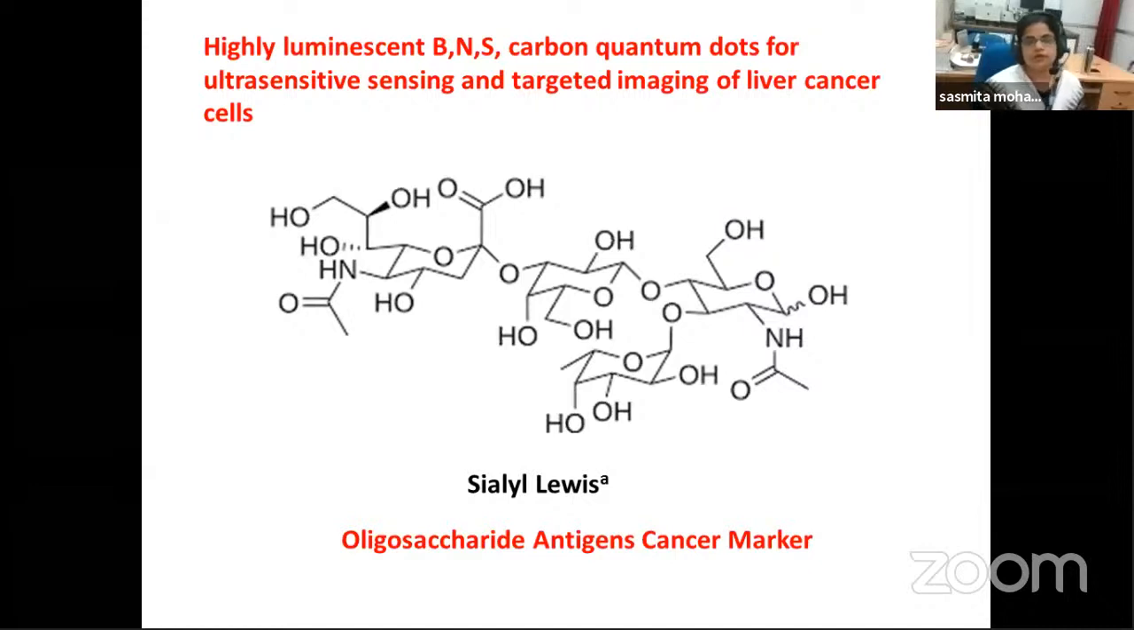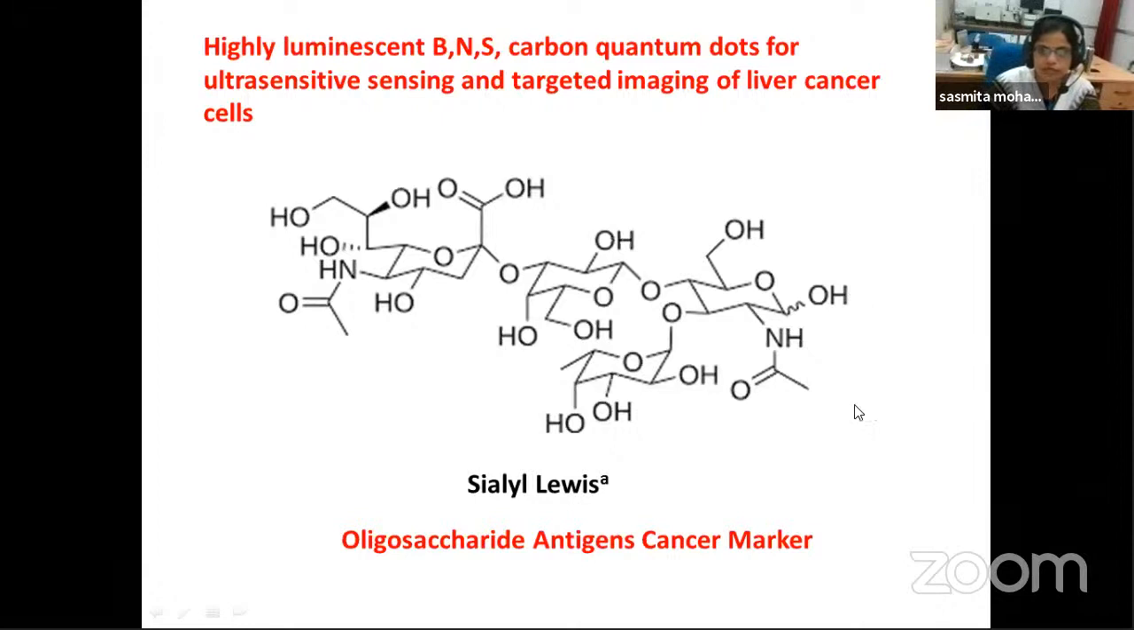So now I am showing a quantum dot which is targeted at a certain cancer receptor. This is called Sialyl Lewis A. This is an oligosaccharide antigen cancer marker that is mostly overexpressed in liver cancer cells. Even in other cancer cells there are some reports, but mostly it is overexpressed in liver cancer cells. So in order to target this